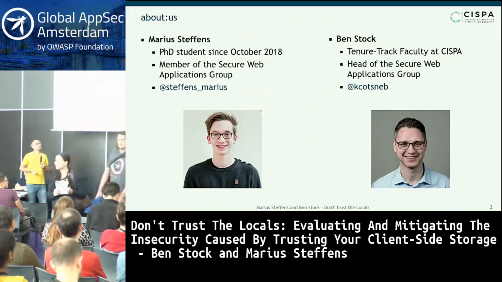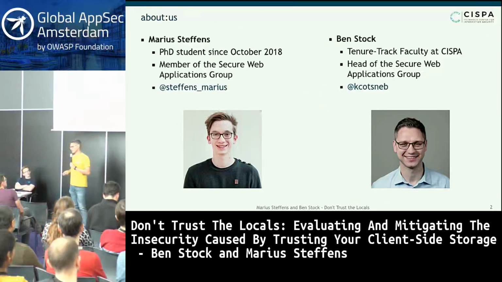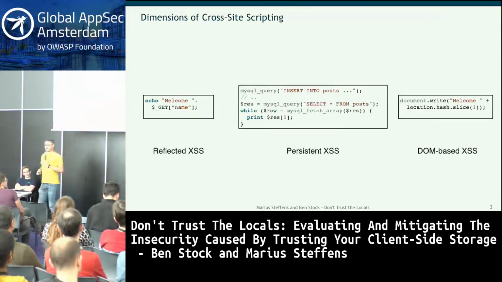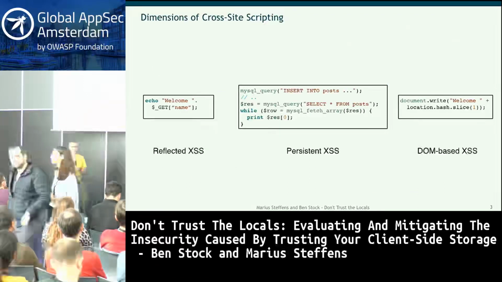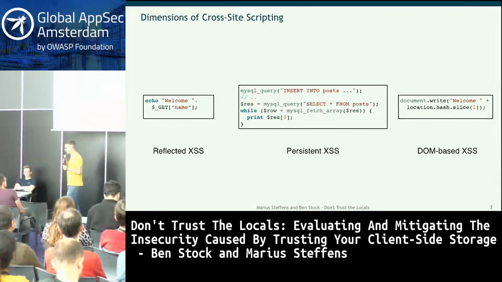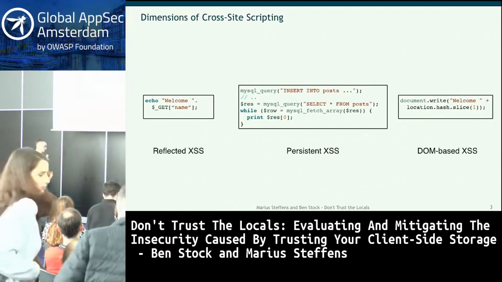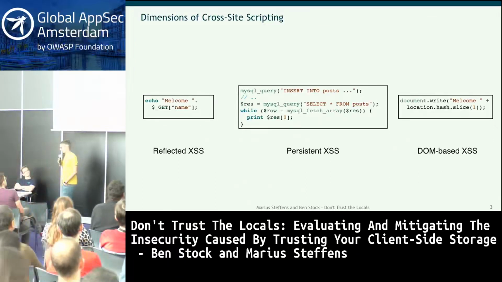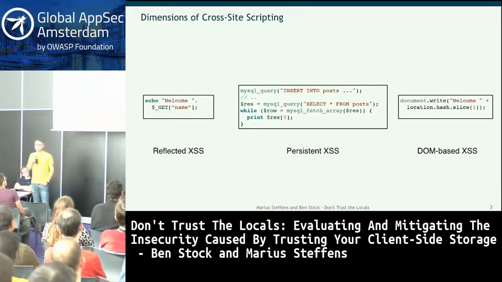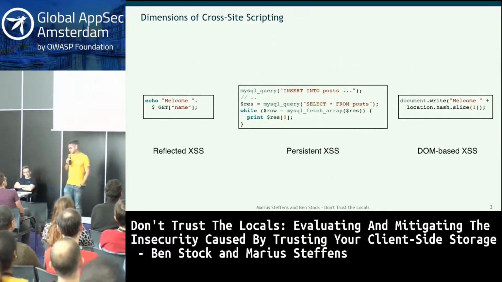If you look at the XSS cheat sheet on OWASP, you'll find something like this. Also, if you open a textbook, it will tell you there are 3 different types of cross-site scripting. There is reflected cross-site scripting, exemplified here in PHP on the left-hand side. You just have a GET parameter and just echo that back, right? Obviously XSS. You have persistent XSS where you on the server side have some persistence mechanism, be it a SQL database, be it a NoSQL database, or just files or whatever, just persistent storage.